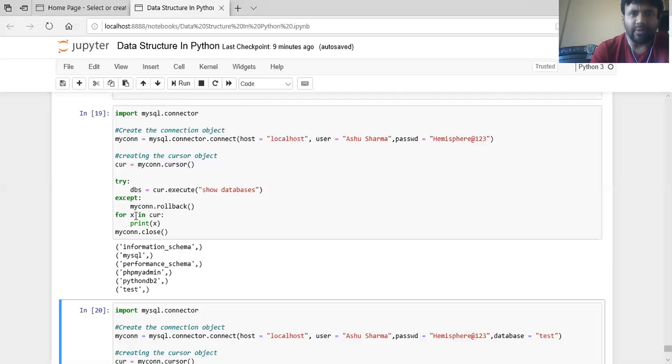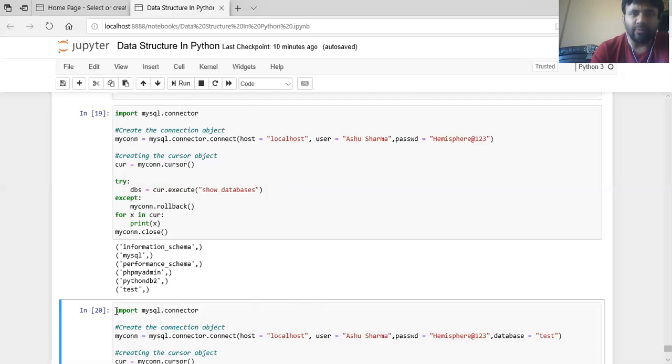Here is an iteration for x in cur, which is the cursor object, and print x. It will print all the databases already present in PHP MyAdmin. When we execute this query, we get all the database names: test, Python DB2, PHP MyAdmin, performance_schema, MySQL, and information_schema. So this is for the purpose of show databases.